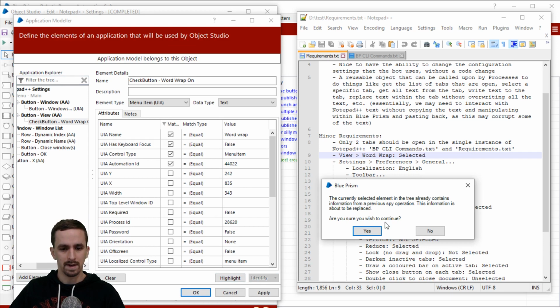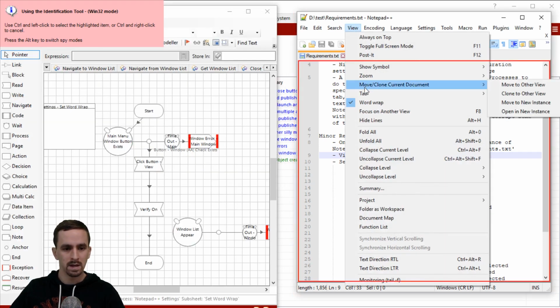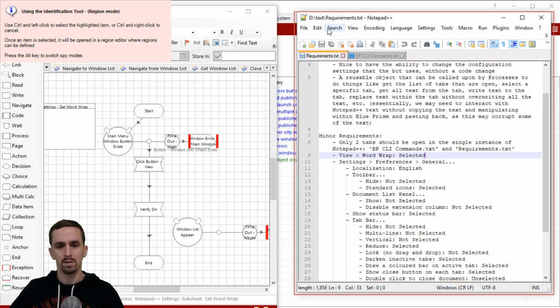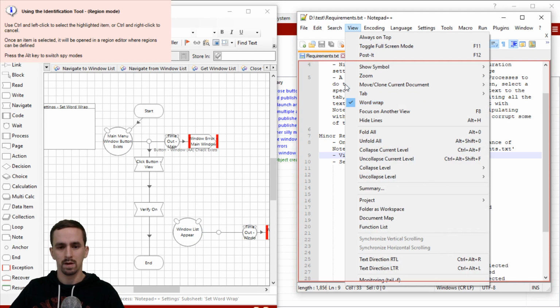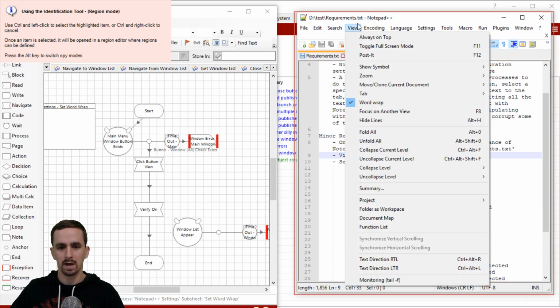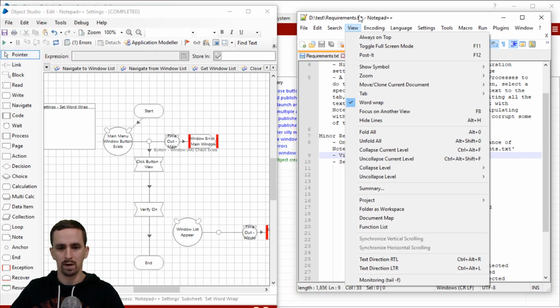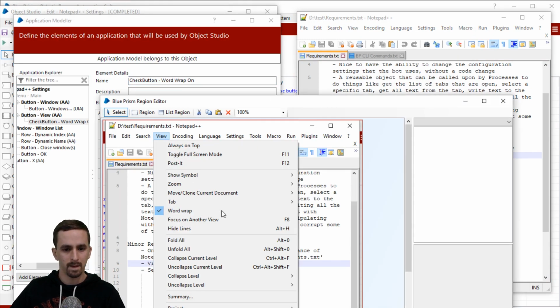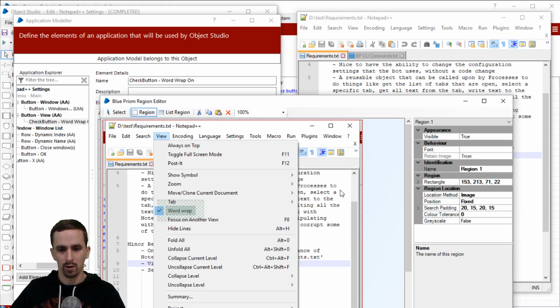I'm meant to click identify, view. Here's where we're going to go over to region mode. Oops, region mode, and we're actually going to have to probably do the whole area. Yeah, and we're going to make a region right here. Word wrap. Now this